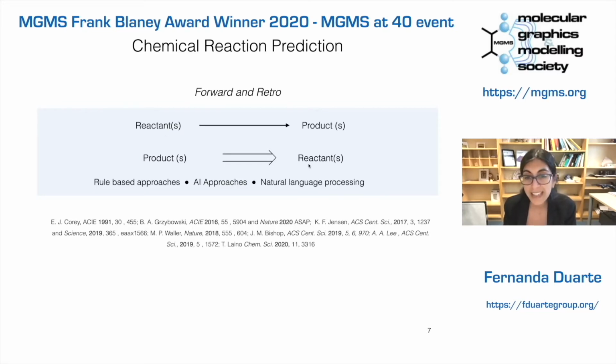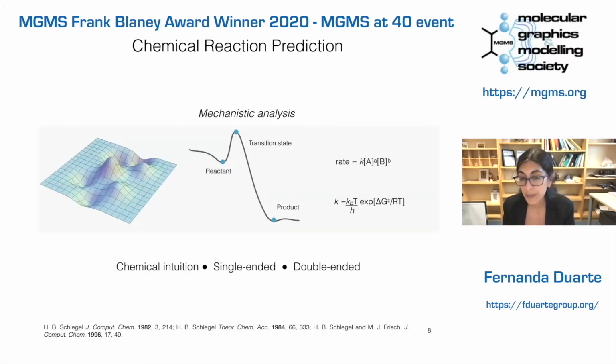But still, we see a value in exploring those mechanisms, because we don't want to only tell the computer to tell us what to synthesize, but how the reaction is happening, mostly because we can still do design from that understanding. And what we usually want to calculate is an energy profile like this one, where we have a reactant, transition state, and products. From that, we can obtain the kinetics of the process and the rate of reaction. We can also obtain information about the thermodynamics.